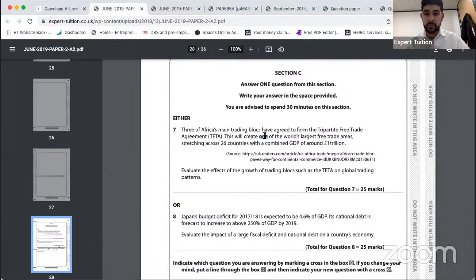And then you just explain why the barriers to entry have fallen to the point where it's easy to trade between each other. If they have the same currency, it makes them have more confidence about trading as well. So you can even talk about the Eurozone, yeah? That will be the